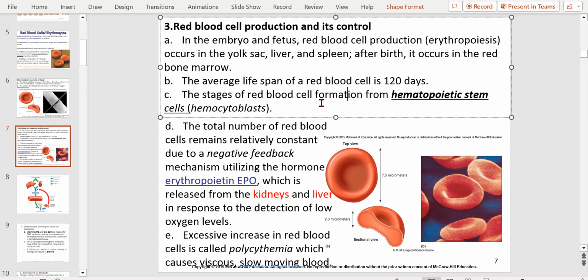The stages of RBC formation from hemopoietic stem cells, hemocytoblasts. The total number of RBCs remains relatively constant due to